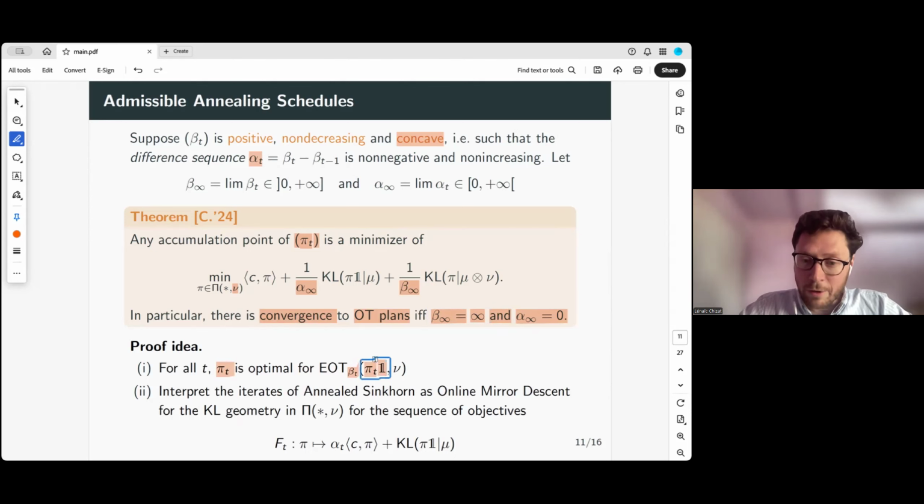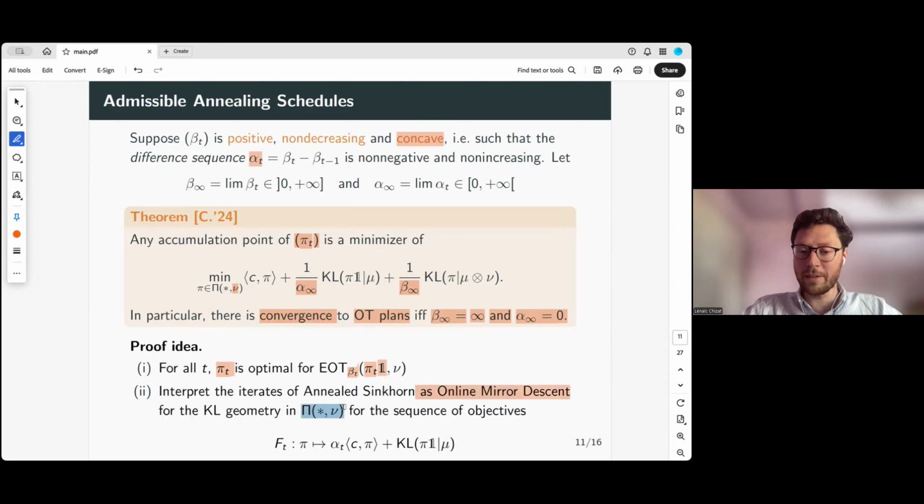So do we have convergence of the first marginal to mu? The answer is not always. It depends on how fast beta_t converges to plus infinity. And how can we understand if this is the case? So that's the key trick behind the proof, I would say: to interpret this annealed Sinkhorn algorithm as an online mirror descent algorithm